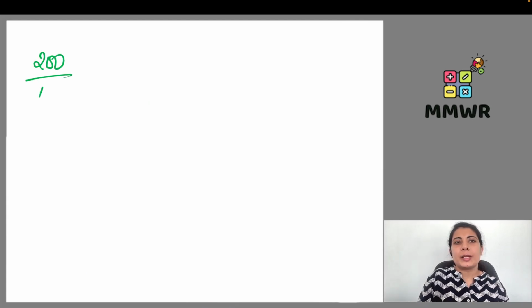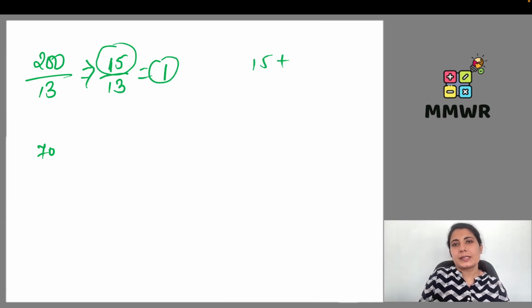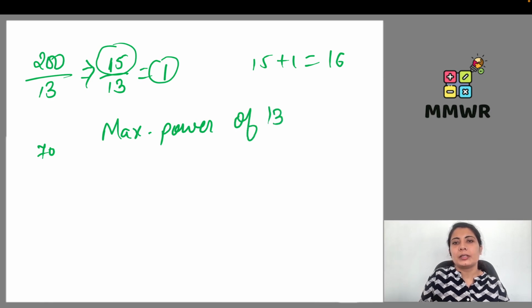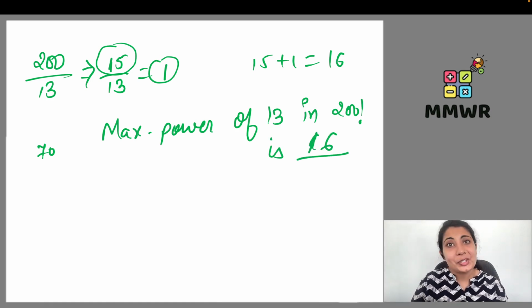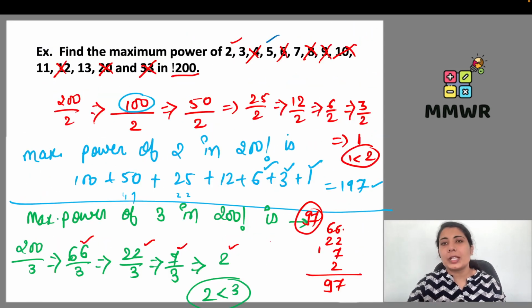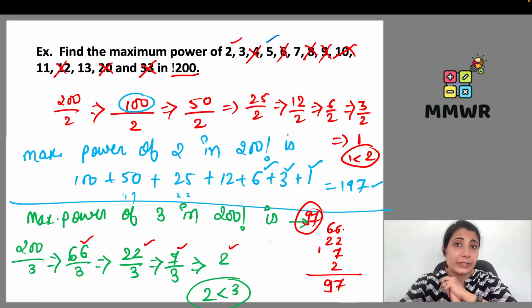So 200 divided by 13. 13 ones are 13. Remainder is 7. 13 fives are 65. Then again by 13 one time. So 15 plus 1, 16. That means the maximum power of 13 in 200 factorial is 16, right? So this way we calculated how we can find the maximum power of any number if the number is